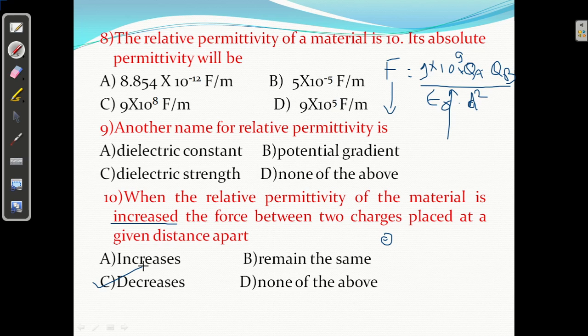In this way you have to memorize your formulas, think about it, and you can answer easily. But your concept about formulas and theory must be clear. Then it is very simple to answer. No need to mug up these MCQs.